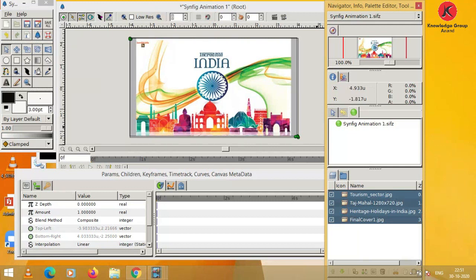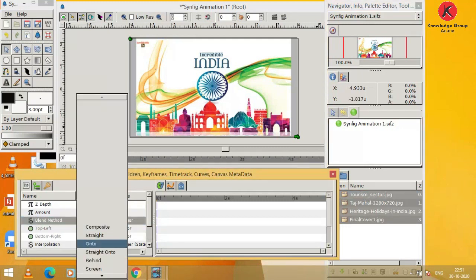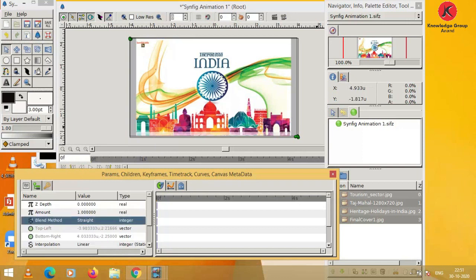So all layers are selected, and change the parameters blend method. See here, blend method, its default value is composite. So select it and choose straight for all layers.